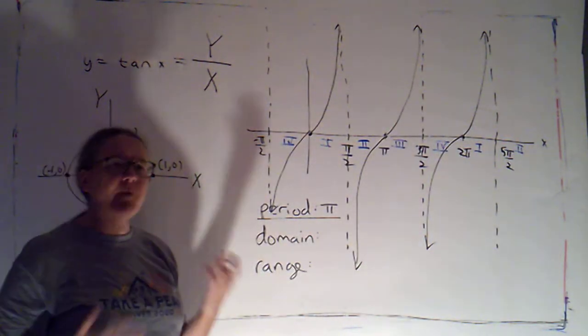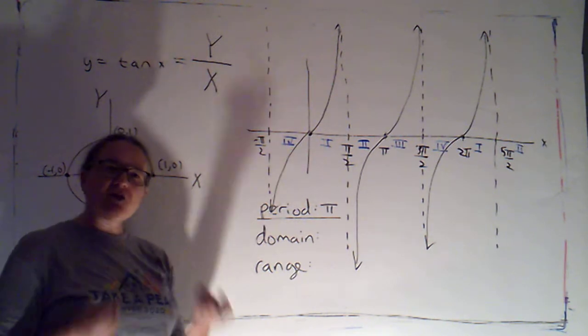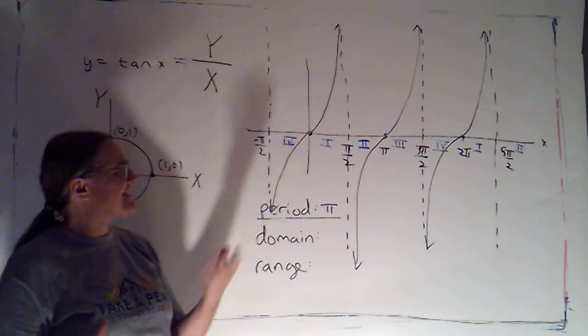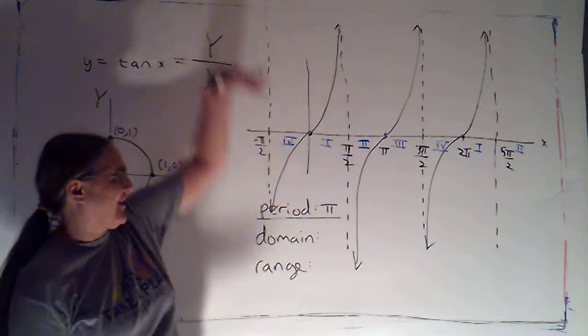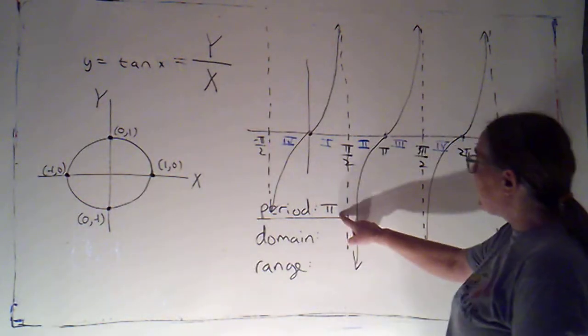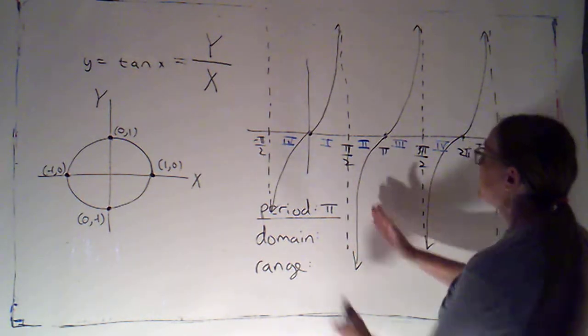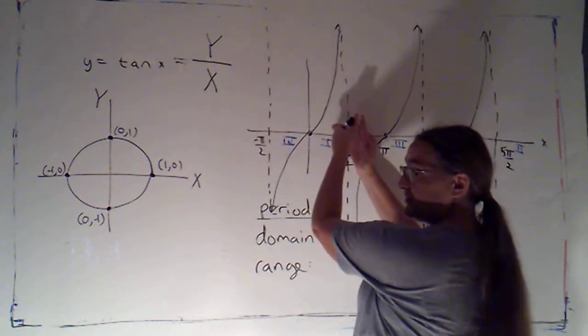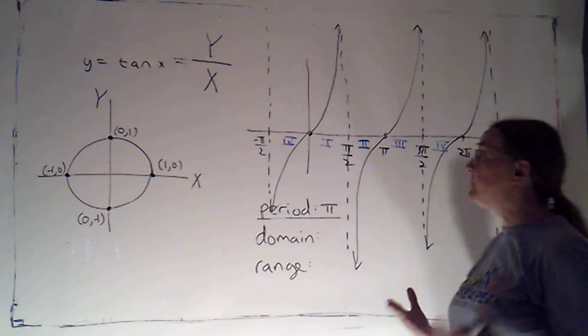I don't have any other points to tell me. And so if I start doing some vertical transformations, it's going to be kind of hard to see. If I stretch it, what's stretched? So the period is pi. Okay. So this right here, from negative pi over 2 to positive pi over 2, that's one full period of